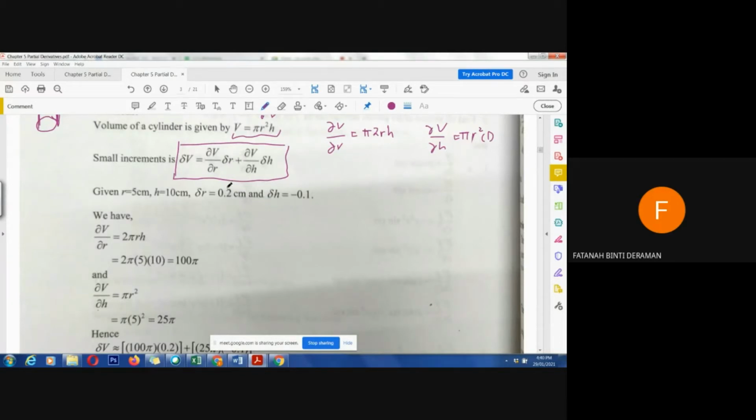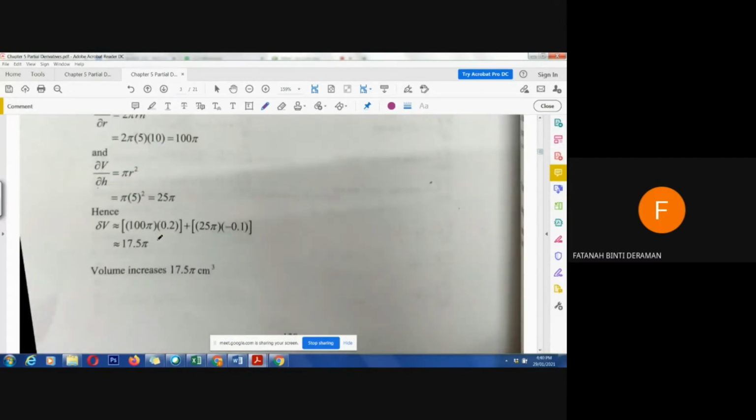Right? And then here we just put the rate of change in the formula. And then we will have this function, but in terms of pi. Actually we can change pi to 22/7. Pi is equal to 22/7, right? But you can just leave this like this. It is enough to know that it's 22/7.